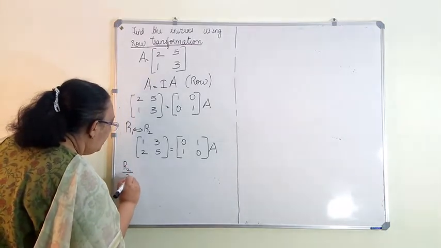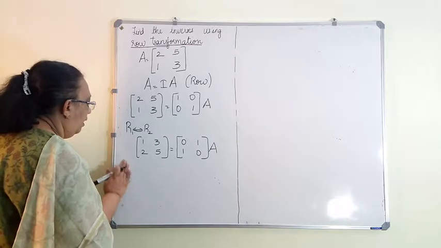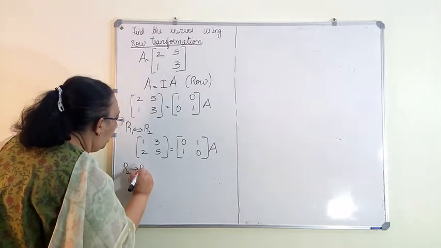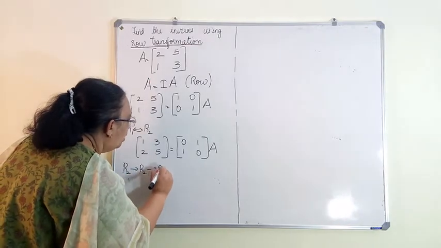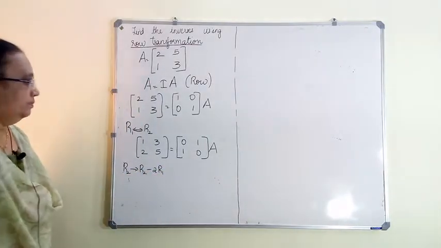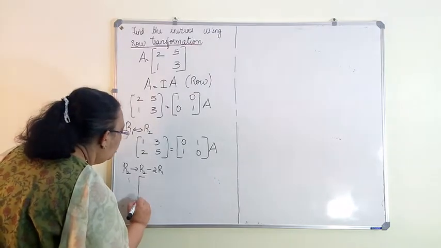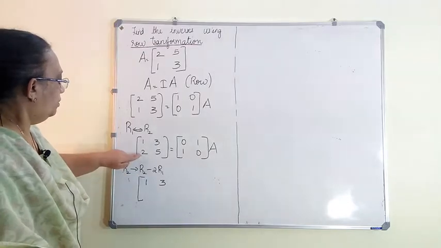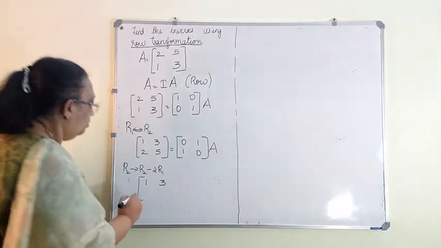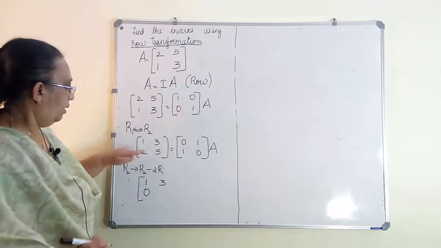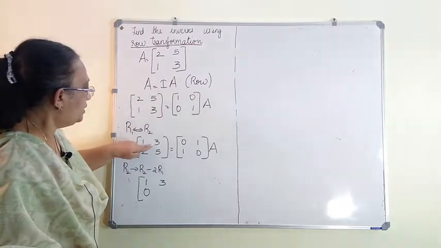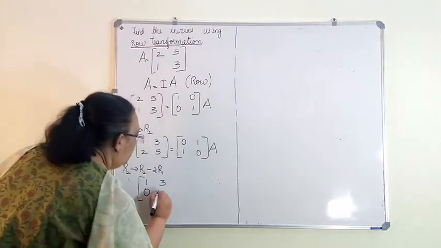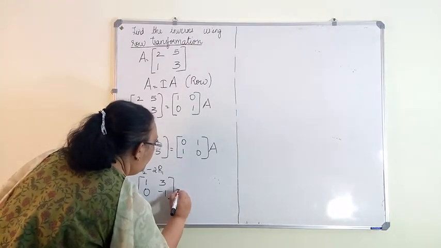R2 divided by 2, or I can take it as R2 is changed as R2 minus 2R1. So for R1 no change, 1, 3. For R2, 2 minus 2, 0. 5 minus 2 into 3, 6. So 5 minus 6, minus 1, equal to